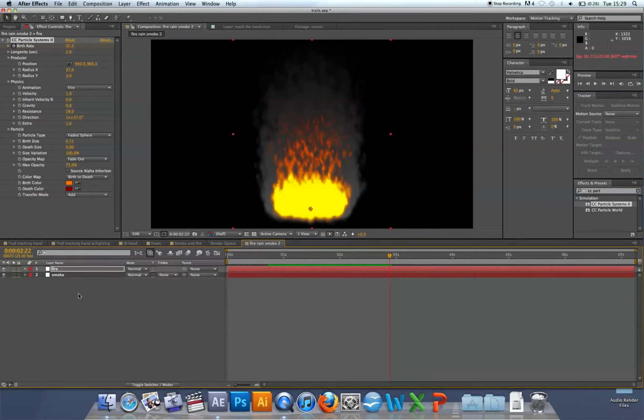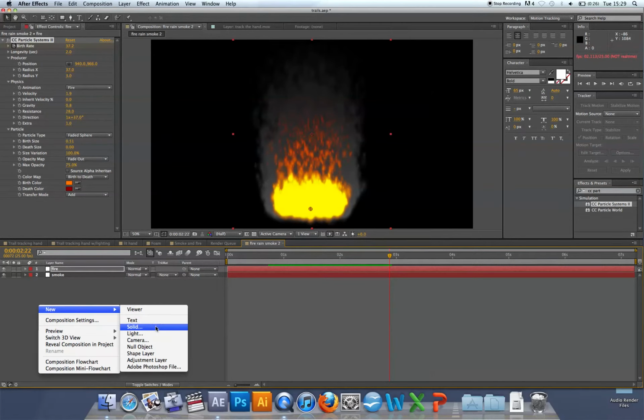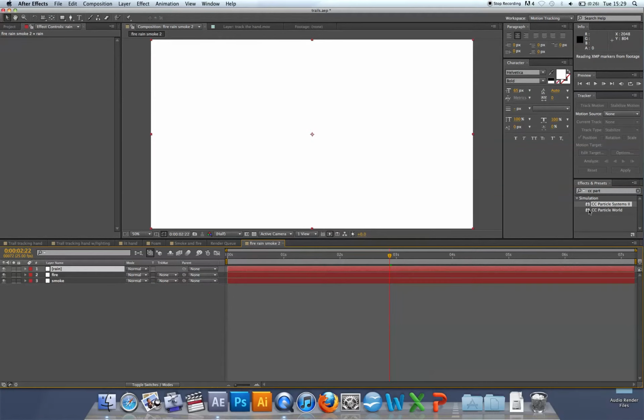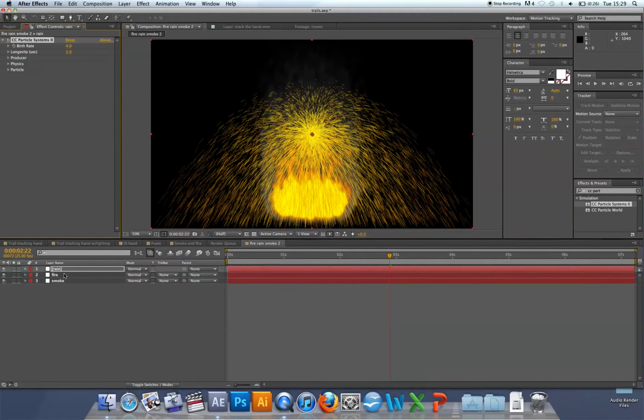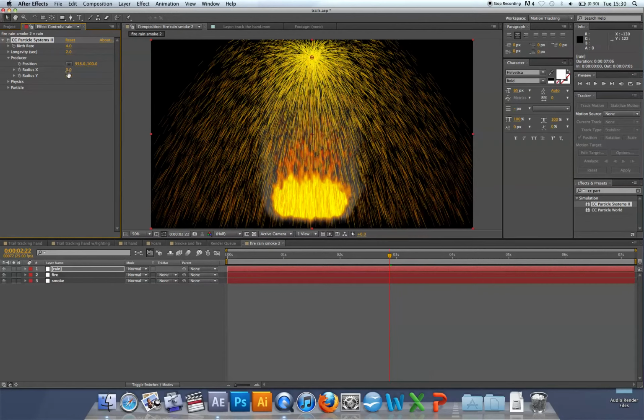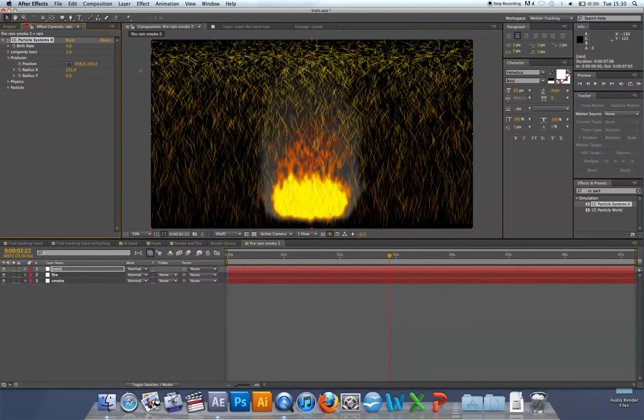The next thing to do is the rain. I'm not going to use the same properties on my particle system for this because rain is quite different. So I'm going to create a new solid, call this one rain, click OK, drag over my particle systems 2. Now I'm going to need to make some different kinds of changes to this. So the first thing I'll do is go to the producer, reposition it at the top. It doesn't need to go all the way off the top just yet. Change the Y to 0 and the X to a good wide number so it goes right across the top